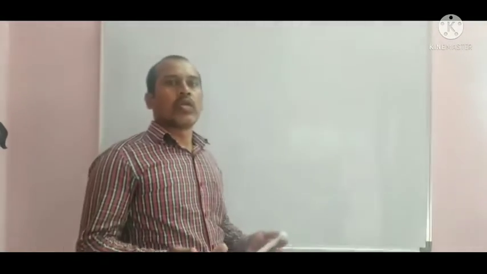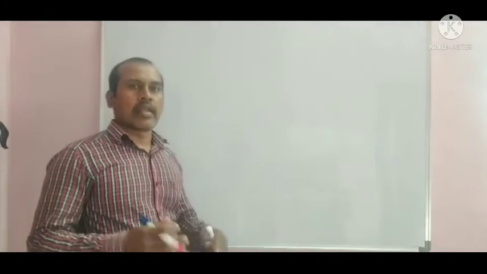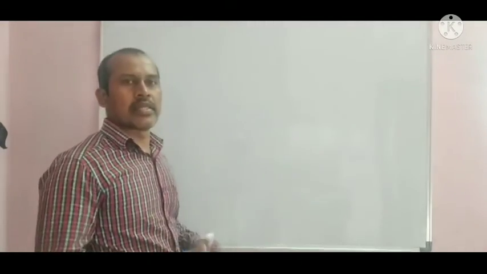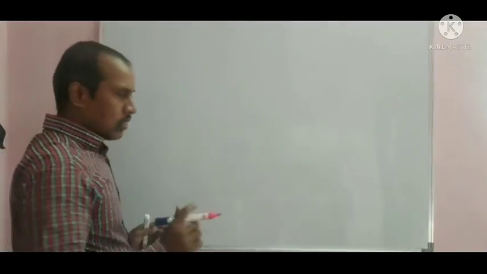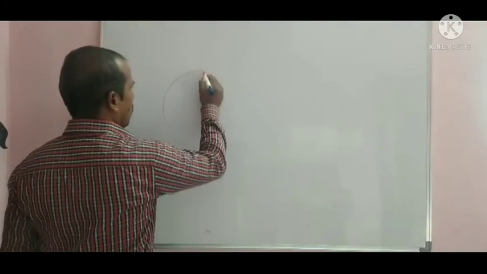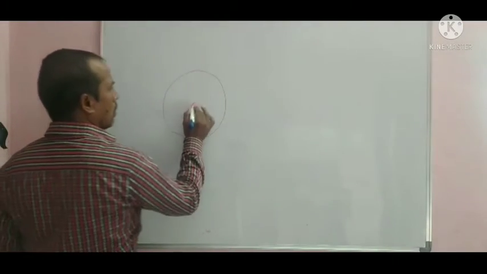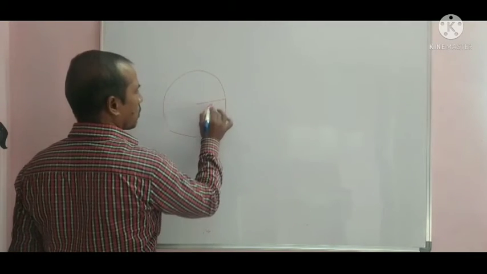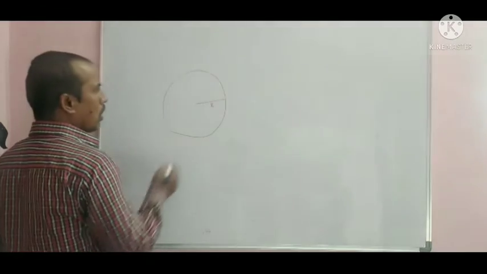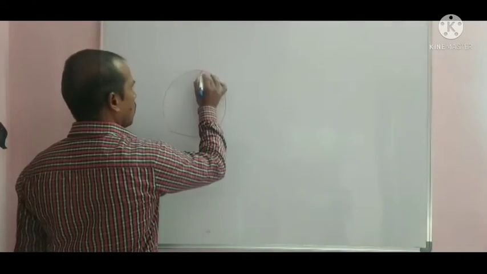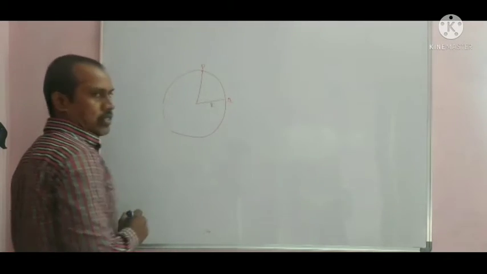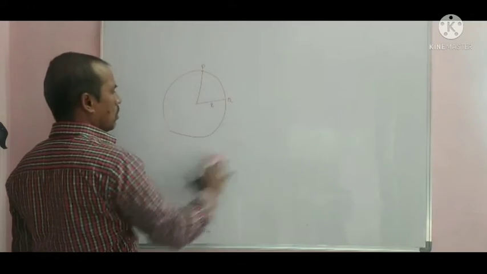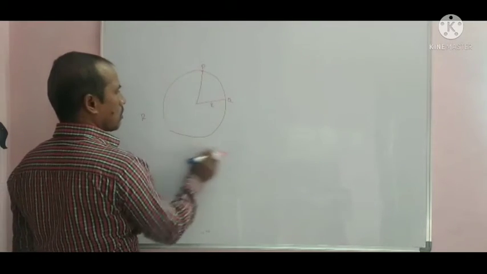Now, ring. P and Q are any 2 points on the resistance ring. It has resistance R. Find the potential difference between the 2 points. For example, this is a ring, and the radius of the ring is r. Any 2 points on the ring: for example, this is point P and this is point Q. The total resistance of the ring is R.